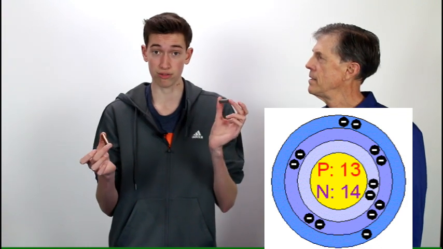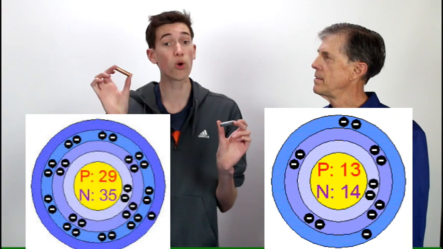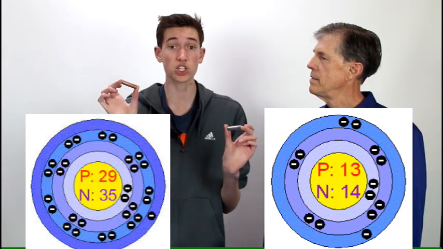I have a piece of copper and a piece of aluminum here. Aluminum is number 13 on the periodic table, meaning it has 13 protons within each atom of aluminum, versus the copper, which has 29. That's more than double the amount of protons within each atom of copper, which explains why it is much heavier. And you can feel that just by holding them, can't you? Definitely. All right, so one reason that matter is denser than other matter is because of the size of the atoms themselves.